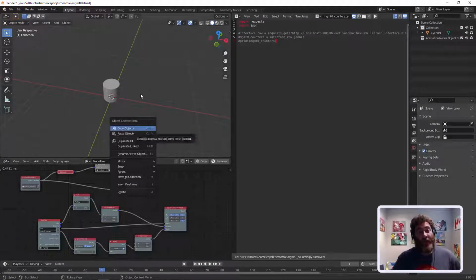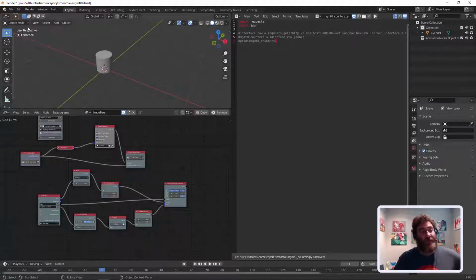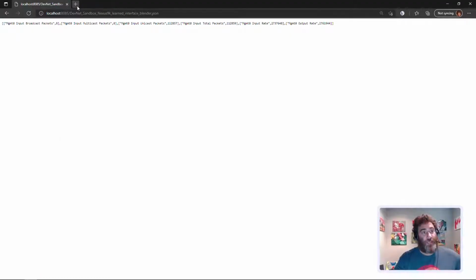So if we push the mouse in the middle, we can change our camera, our viewpoint. We can also use the hand to move around, etc. Now what I've had to do is, I'm going to show you this because it's not necessarily clear in the video maybe,